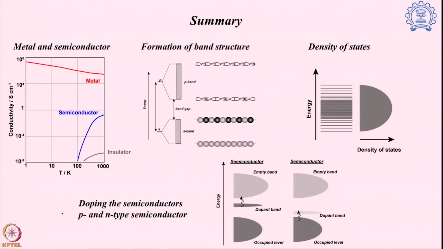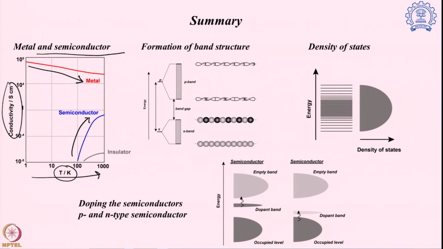The first system: how we differentiate between metal and semiconductor. The definition comes from how the conductivity varies with temperature. If the temperature increase brings the conductivity down, then it is a metal. If it brings the conductivity up, it is a semiconductor. So it is the trend of conductivity change with respect to temperature that defines whether it is a metal or semiconductor,